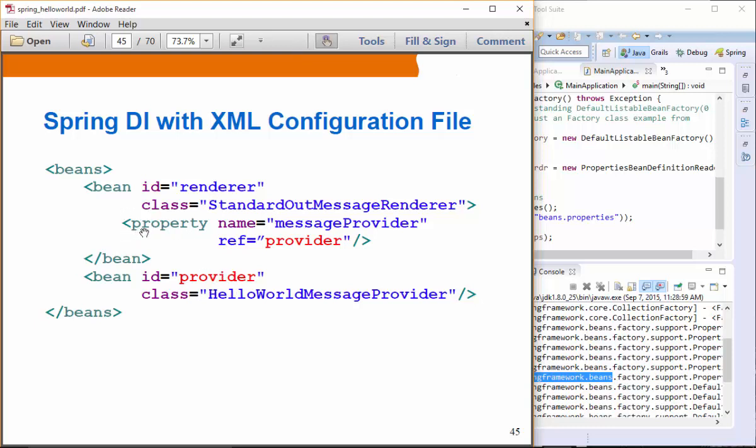Here you specify a property element, a sub-element inside the bean. Then you specify the name of the field. So if you take a look at this class, you should have a message provider as a property name, and this property, meaning this field of this class, should be injected by another bean. Then another bean is actually referenced by the ref attribute. So here you specify provider,